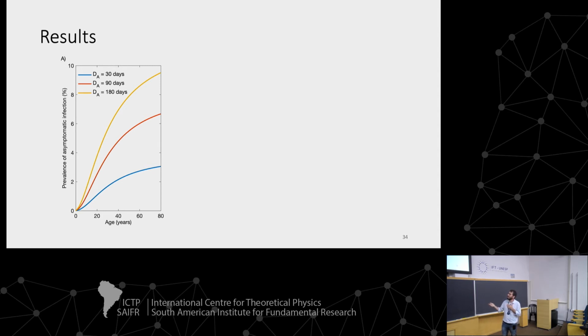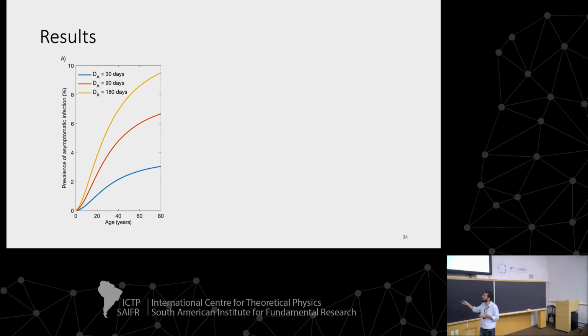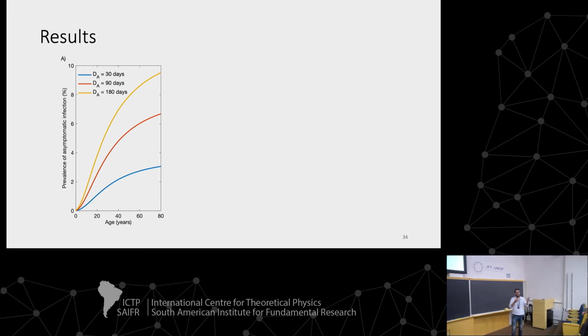If we increase the values here, we increase the proportion of asymptomatic infection prevalence, as we have here. So it is like in the literature; we are not far from those values. Like we have 80% of asymptomatic infections in populations with low transmission rates, as we have here